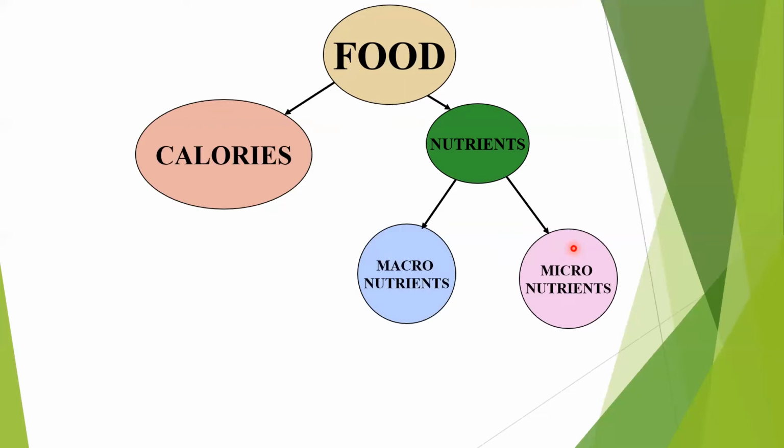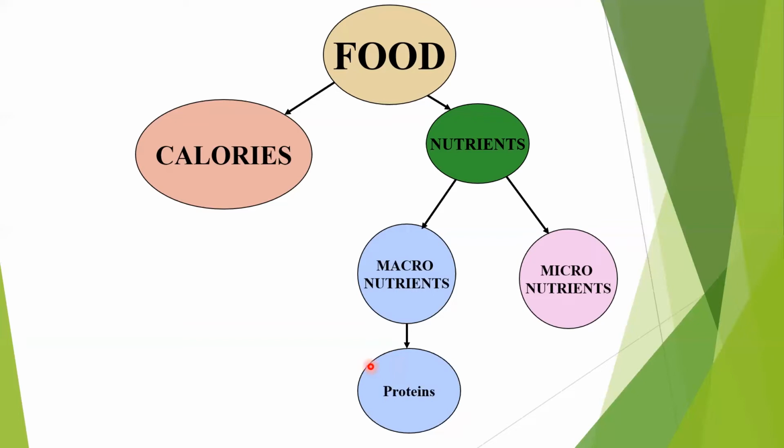What are the macronutrients? Fats, carbohydrates, proteins. These are called the macronutrients. And one of the most important macronutrients is proteins. Not that others are not important. The reason I'm highlighting proteins here is because 80% of Indians, unfortunately, are deficient in protein. And muscles, cells, tissues, enzymes, hormones that we saw, every cell in our body has protein content in it. The DNA that we talked about is again made up of protein.